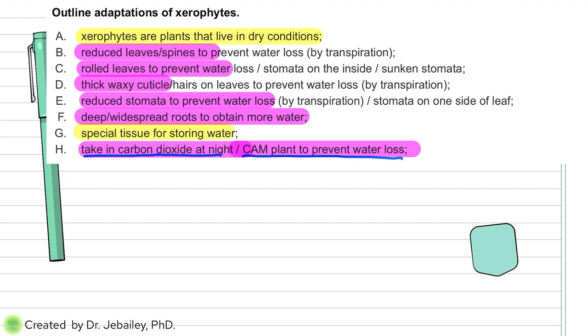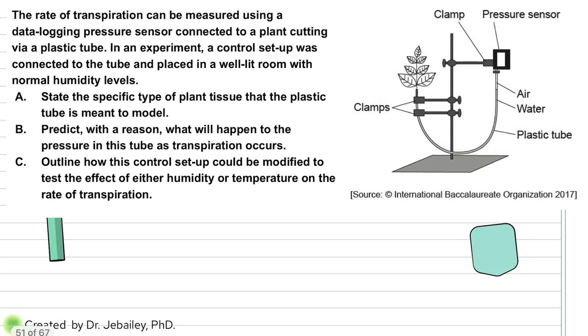So as long as you have these traits right here for the xerophytes, you have plenty of traits. And remember, you don't have to take all of them. This might be 8 mark scheme points, but the question's definitely asking for 5. So we have targeted all of them. But if I was you, know all of them, because this can come up a lot also as a multiple choice question. So the next question here says,